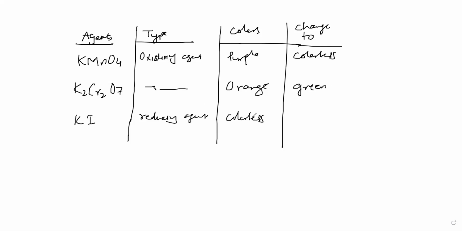And potassium iodide changes from colorless to yellow-brown. And the last thing you should know is the half equation. They will not ask about KMnO4 or K2Cr2O7; they will only ask about KI. So for KI, you should know the half equation, you should write the